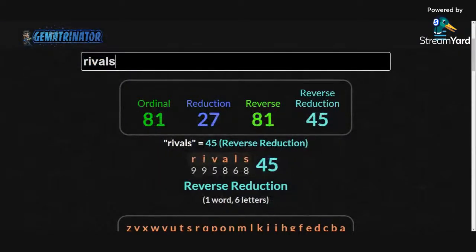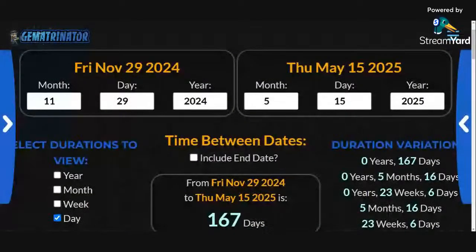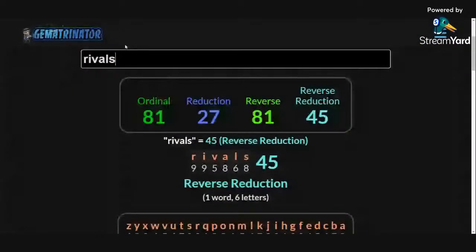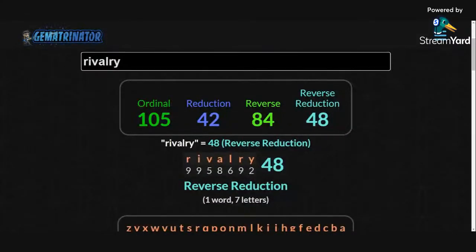Okay, and then we're going to use the date calculator as well. Maybe some of the main characters. I think there was a game-winning field goal. I forgot the character's name. We'll look at it and we'll get into it a bit. So we're going to use this date calculator, and let's see what else. Probably rivalry as well. So let's put rivalry. Okay, so there's rivalry.